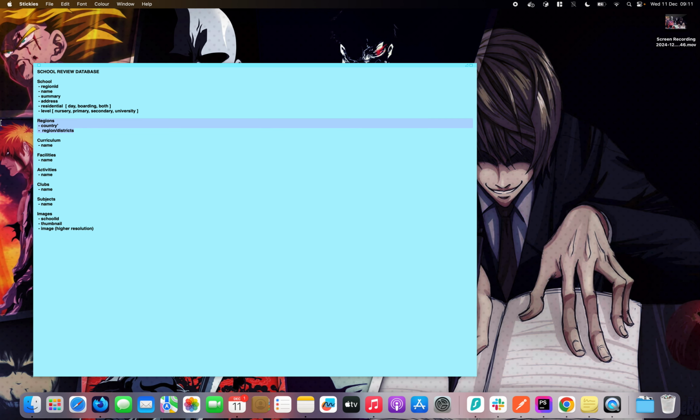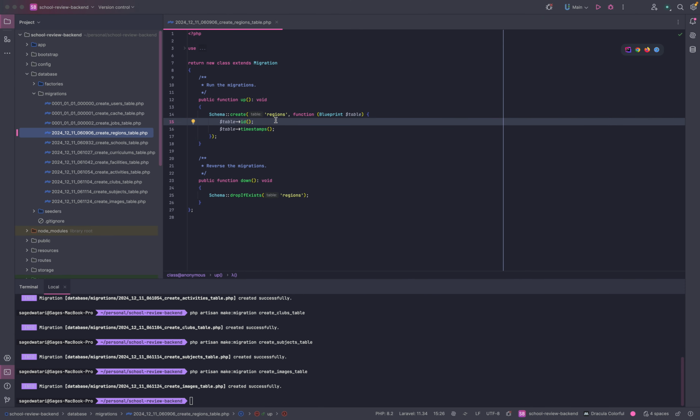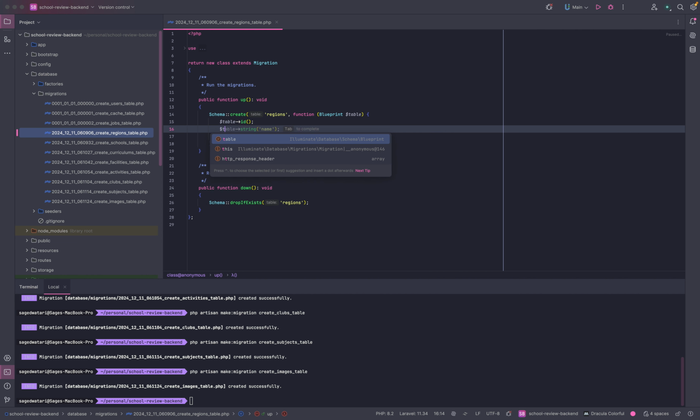So here I just need to capture country and the region itself or district. The other option would be defining these countries as their own tables, but I don't want to do that. I'm interested in just the region because I'm focusing on Uganda for now. I know it's always good to future-proof yourself and create a whole table for countries, but for what I need it for,